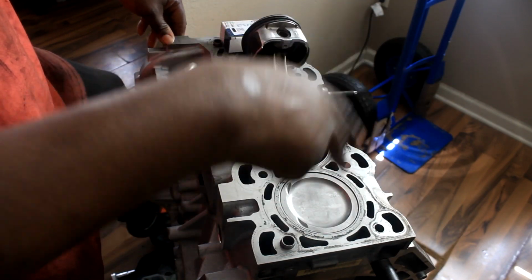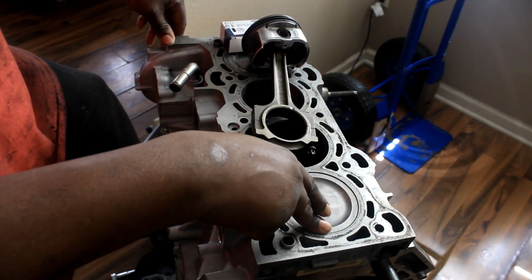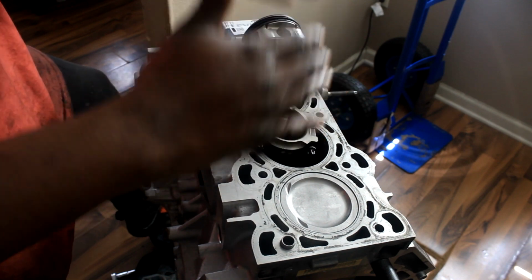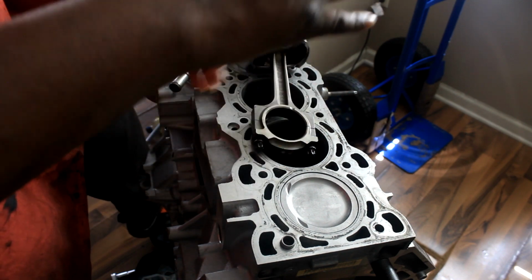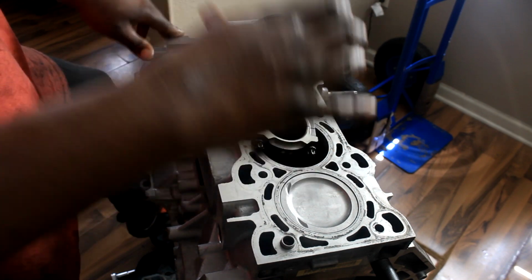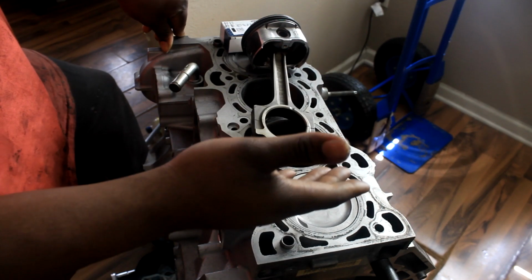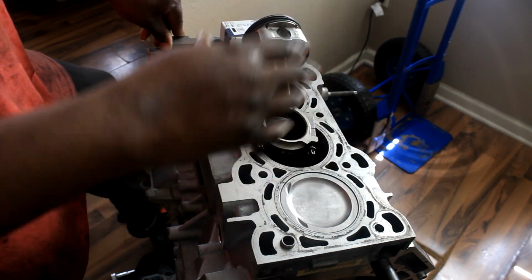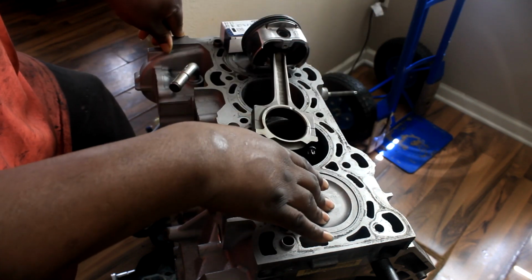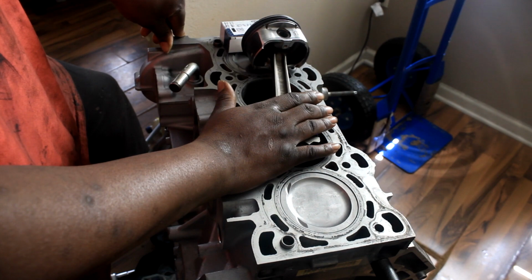However, on my rod bolts, I'm running ARPs. Now, I never took those to get resized or anything like that. However, ARP does recommend taking them to a machine shop and, once they're torqued down, having them resized or rehoned. What may go for me may not work for you. So if you're gonna run ARPs, make sure you do what's best for you. ARP does make a set for this. It is not